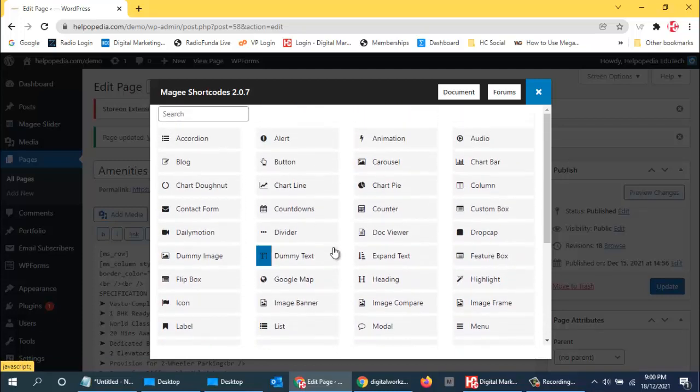And I would say that this is one of the best plugins that you can use. You can design your website with this plugin. However you want, you can create various columns, various rows. You can add images, you can add videos in one page.